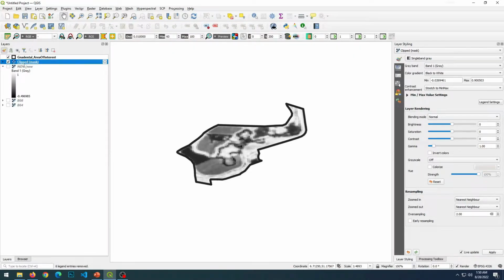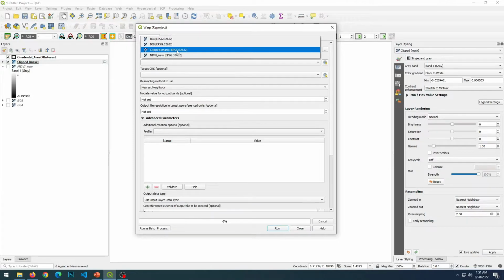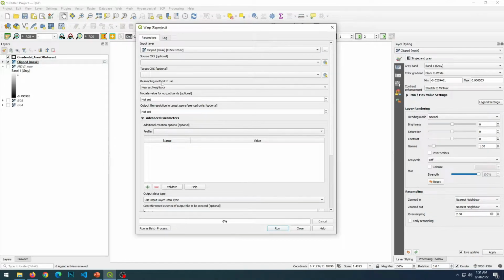After that, we are gonna reproject this raster and increase its resolution. The resolution of Sentinel-2 and the bands we're using are 10 meter by 10 meter. So we're gonna increase the resolution to 2 meter by 2 meter to get a smoother map. So in order to do that, we're gonna go to raster, we're gonna go to projections and warp or reproject. From there, we're gonna choose the clipped mask layer. We're gonna choose the cubic resampling method,